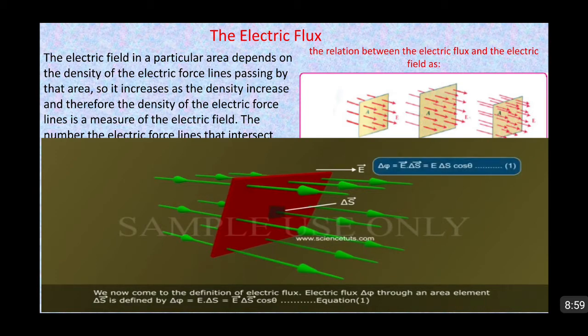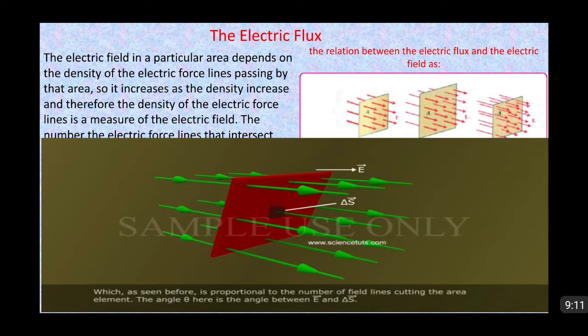delta phi equals E bar dot delta S bar equals E delta S cos theta, equation 1, which, as seen before, is proportional to the number of field lines cutting the area element. The angle theta here is the angle between E bar and delta S bar. For a closed surface, with the convention stated already, theta is the angle between E bar and the outward normal